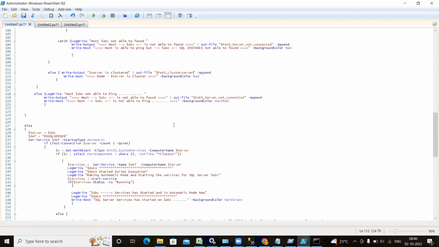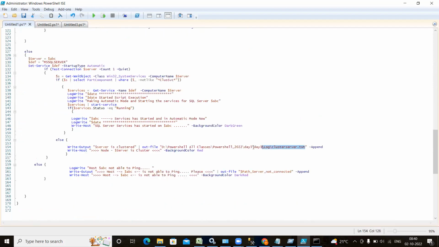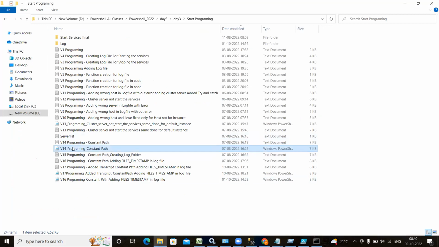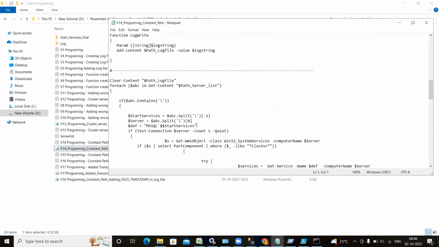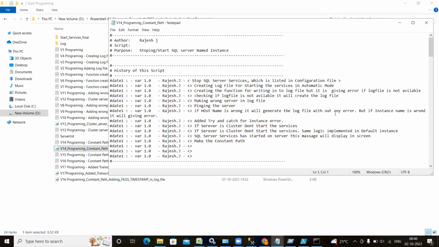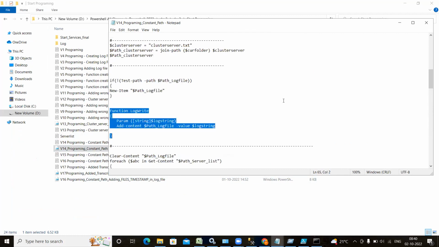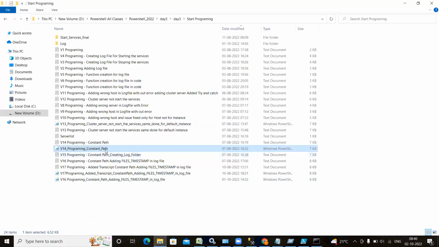So now what will happen? I don't have to change any path where my script will execute. It is going to be saved into this, the only one, into this version 14. So what I have to do, you can see here, now I am not dictating anything in that. Now my script is here and script